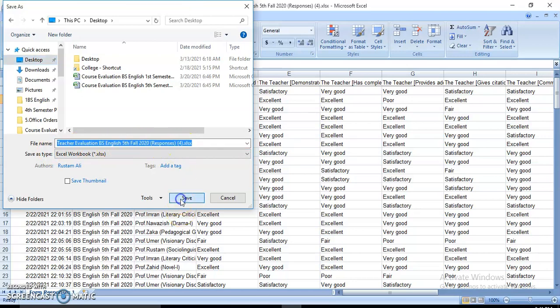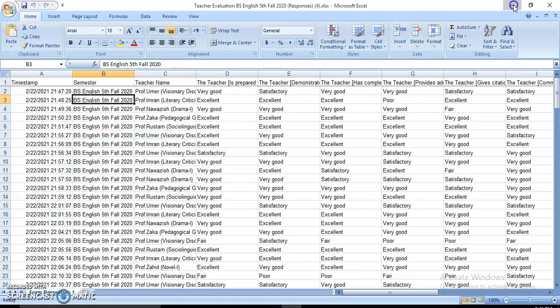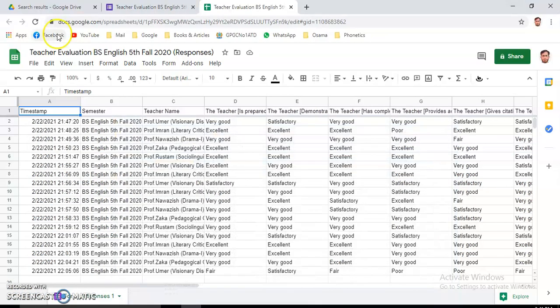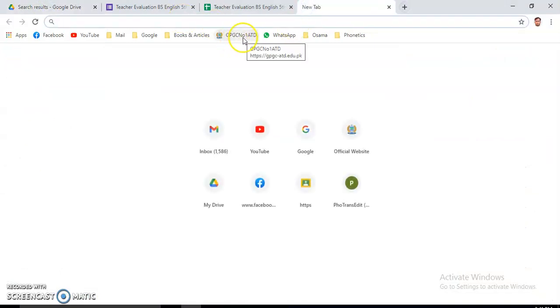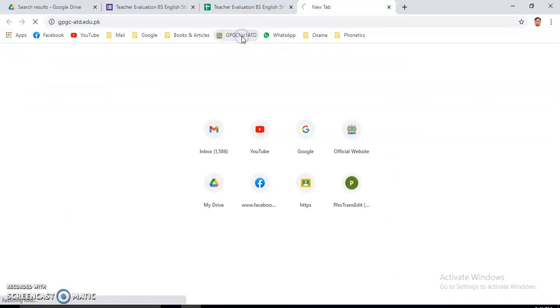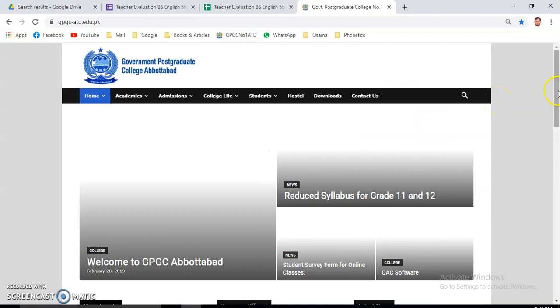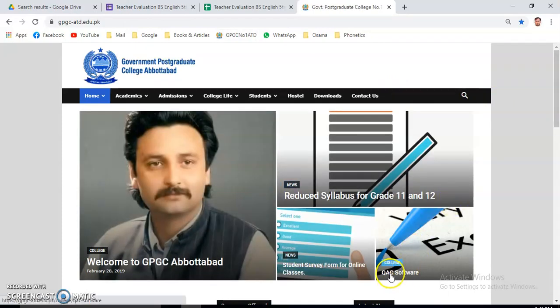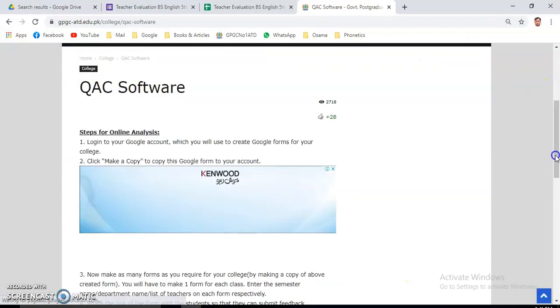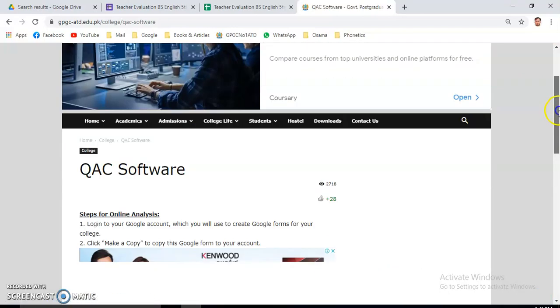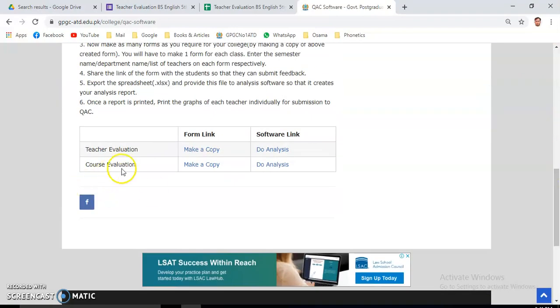After this, what you have to do is go to the website of Government Postgraduate College number 1 Abbottabad. As you can see here, this is the website and QAC software. After this you can move to teacher evaluation.